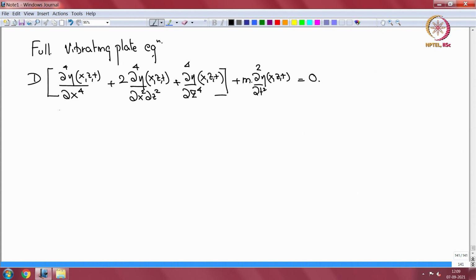So this can support the wave η(x, z, t) in the